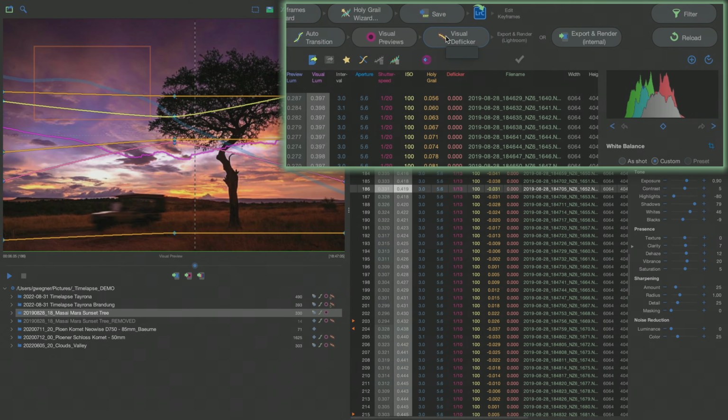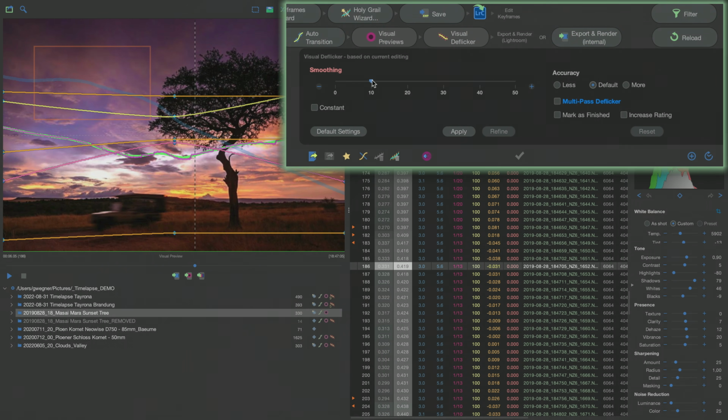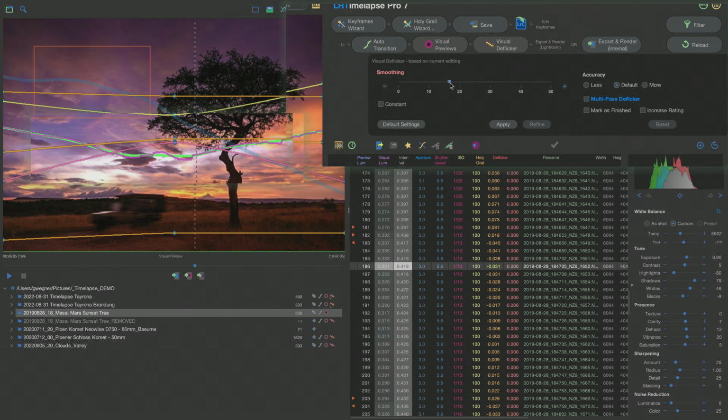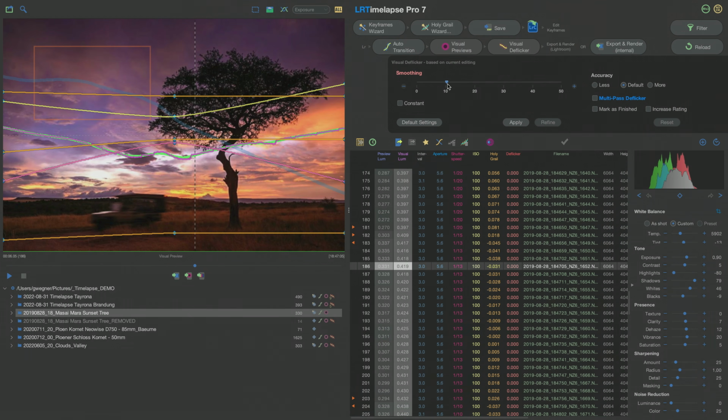Now activate the visual deflicker. Use the smoothing slider to set how much the luminance curve should be smoothed out. If this slider is set to 0, the target curve will follow all bumps and there will be no deflicker. The higher the slider is set, the smoother the curve becomes. Of course, the aim is to find a setting that smooths out short-term flicker, but maintains medium and long-term changes